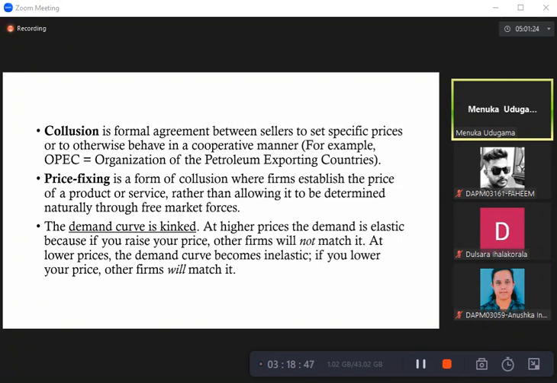Now, if this oligopoly is made up of very strong firms, then they can get together and they can even fix prices, set prices. So what we try to say is that although there are few firms, they can act as one firm, and we call it collusion, right? OPEC, for example, Organization of Petroleum Exporting Countries. So in the Middle East, the petroleum exporting countries have come together and they formed this organization called OPEC, and